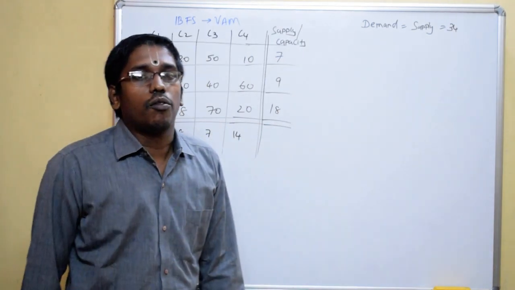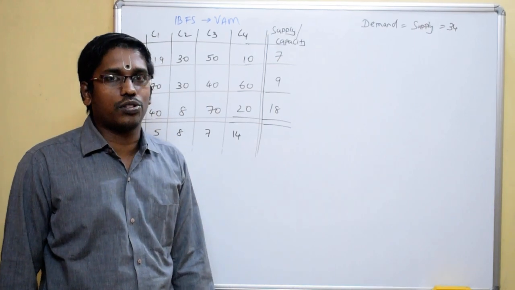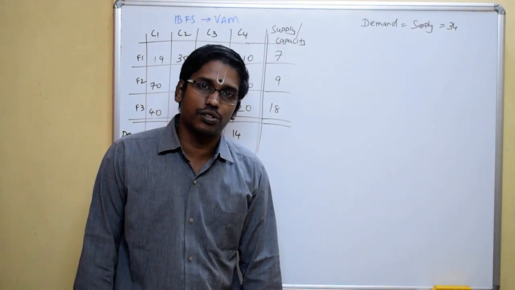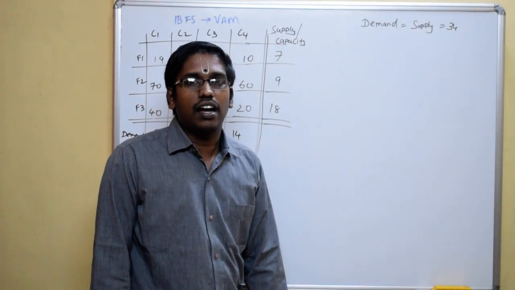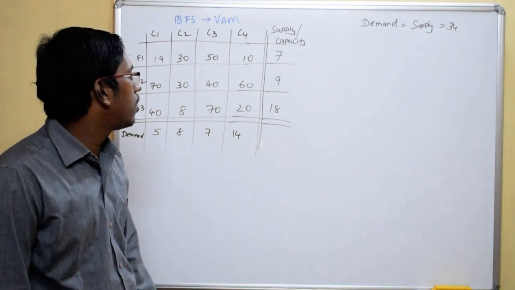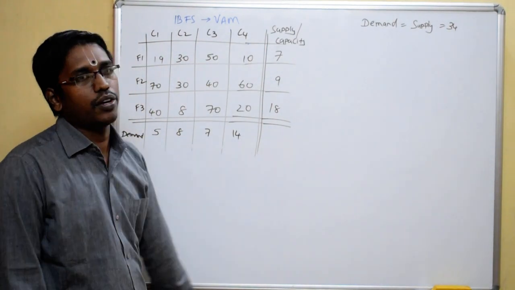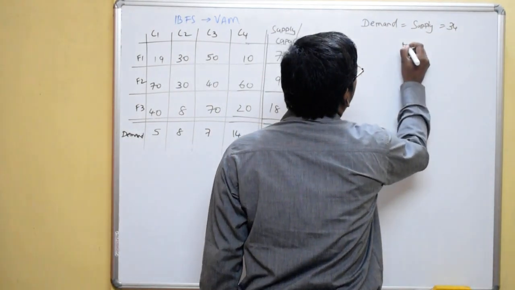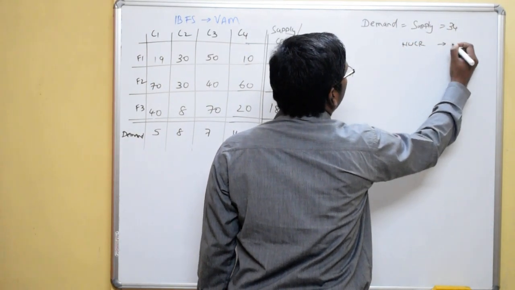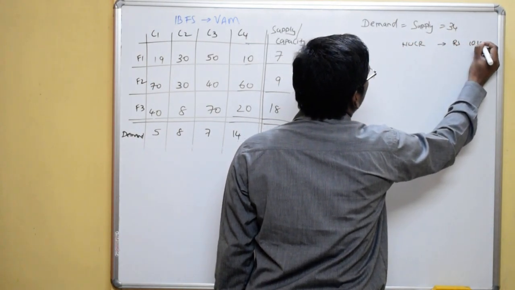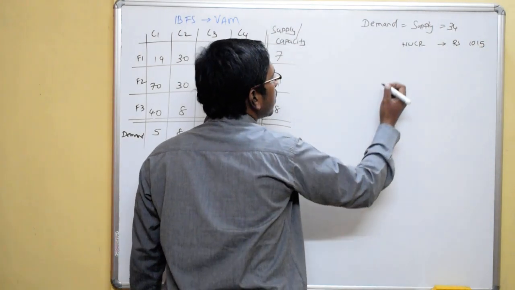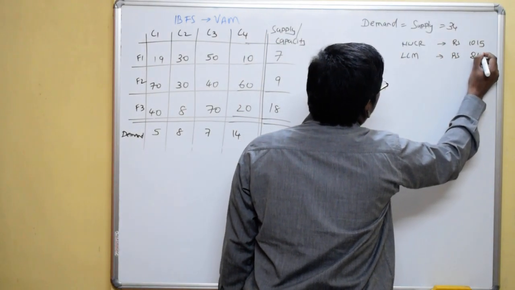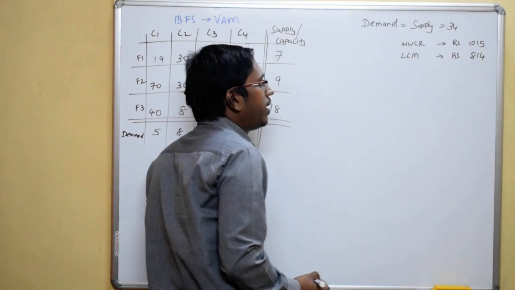We learned how to obtain the initial basic feasible solution using the northwest corner rule and using the least cost method. To learn the difference, we are solving all the methods in the same numerical. Just for reference, when we applied the northwest corner rule, we got the total cost as rupees 1015. The same sum when we solved it using the least cost method, we got the total transportation cost at rupees